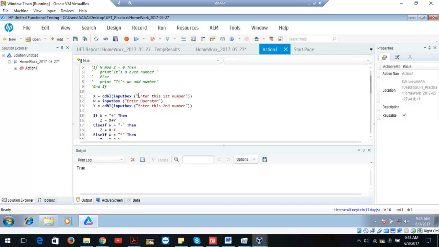Now we are taking a number in, converting it to double, and saving it to x. Then we are taking an operator and saving it to w, and then we are taking another number, converting it to double and storing it in another variable, right? Then what we are doing here,